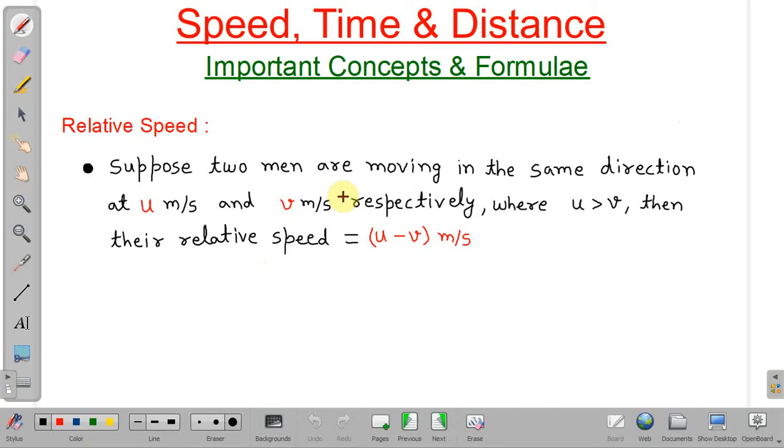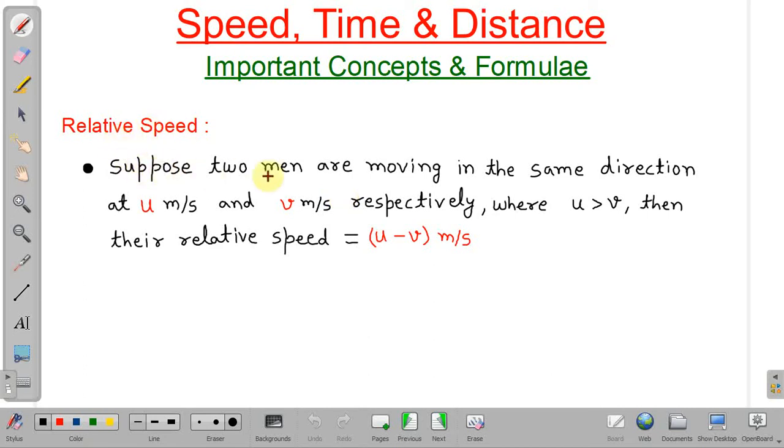Next is relative speed. So what is relative speed? Relative speed is the speed when you are watching something moving and you are also moving. Some other person is moving and you are also moving, then speed of the person B with respect to you will be relative speed, because speed is calculated based on your speed also. That is if you are going in the same direction.